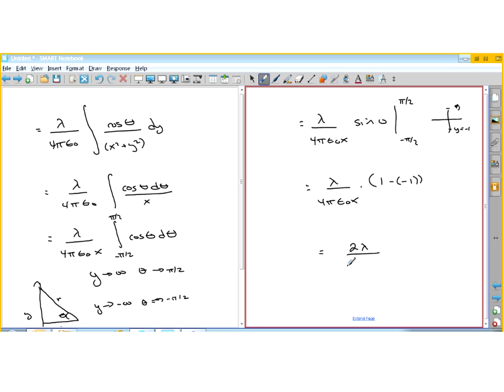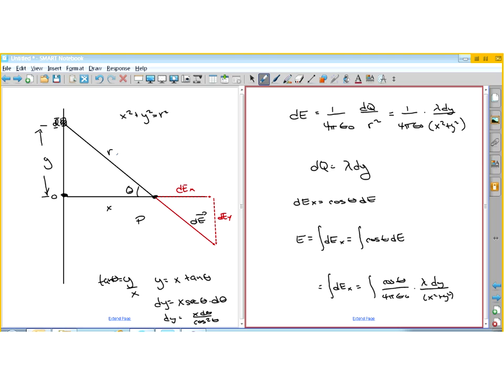So you get 2 times lambda over 4 pi epsilon 0 x, and that simplifies down to lambda over 2 pi epsilon 0 times 1 over x. Yeah, the book actually has 1 over 2 pi epsilon 0 times lambda over x. And that is the total electric field at this point P, the distance x from this charged